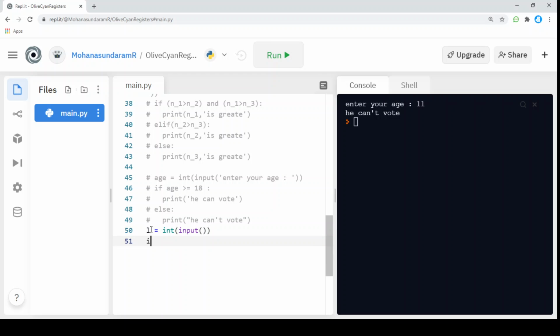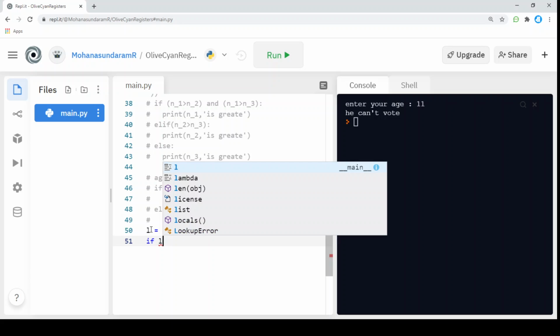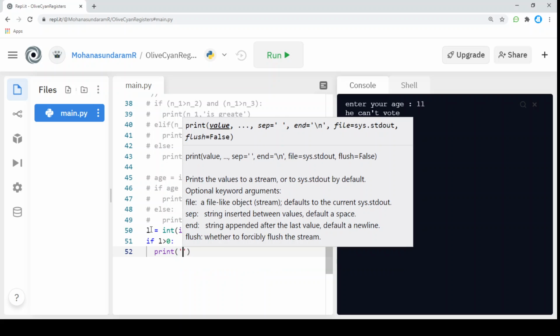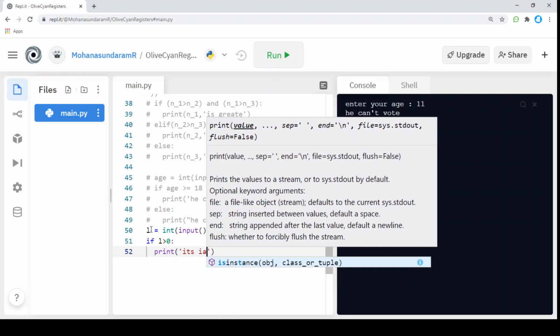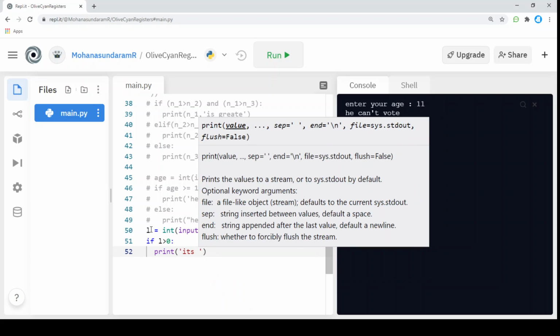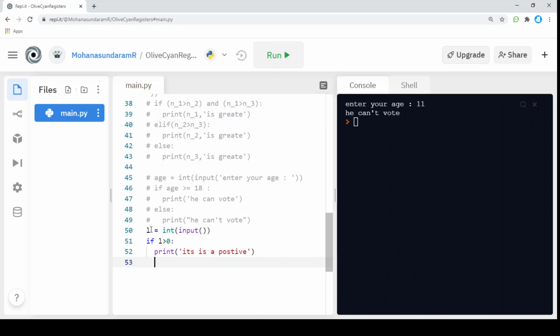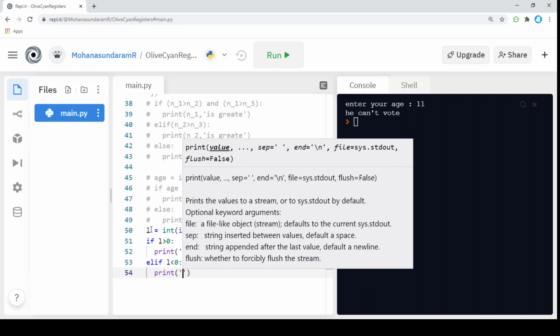I'm going to pass a condition: if n is greater than 0, it is a positive number. Print, it is a positive. And if n is smaller than 0, if it is below 0, it is a negative number.